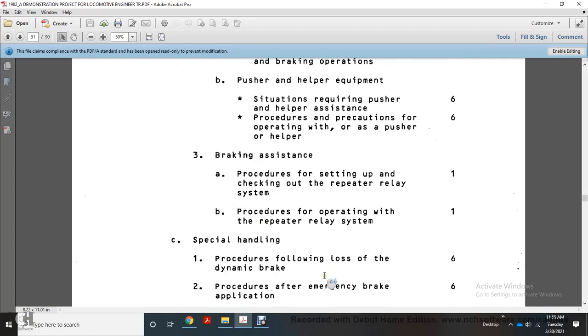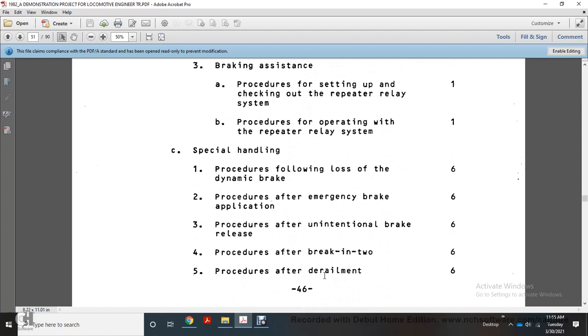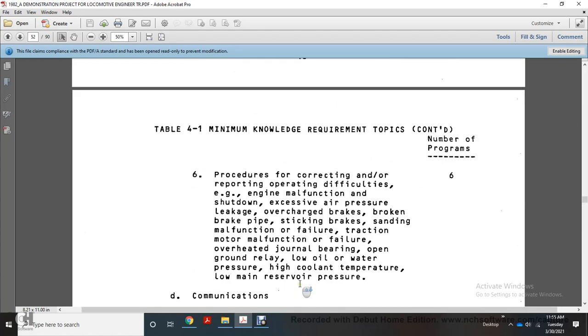operating the repeater relay system, special handling, procedures following loss of the dynamic brake, procedures after emergency brake application, procedure for unintentional brake release, procedure after braking, procedures after a derailment, procedure for the correct order of reporting operating difficulty, for engine malfunction, shutdown, except for air pressure, for leakage, for overcharged